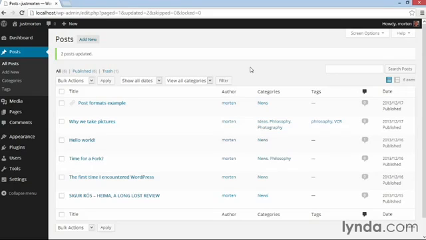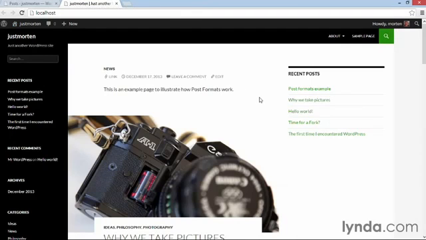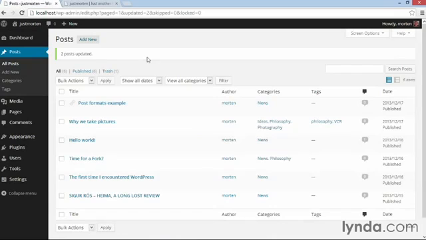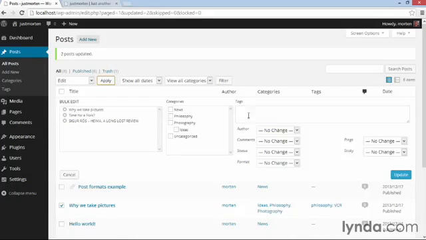Now here I'm going to show you something really neat from the 2014 theme. So let's jump to the front page of the theme, just so you see what it looks like right now. You see the first post at the top and the sidebar. Now I'm going to go back to my bulk editor and select some of my posts. I'm going to select this one, and this one. Then I'm going to go to bulk actions and select edit, click apply,